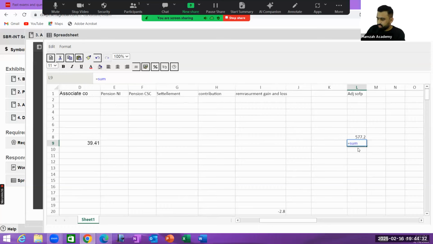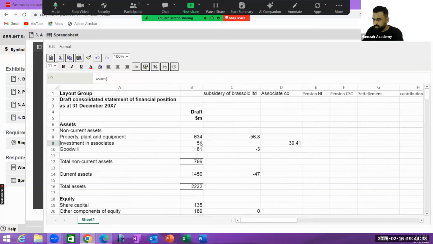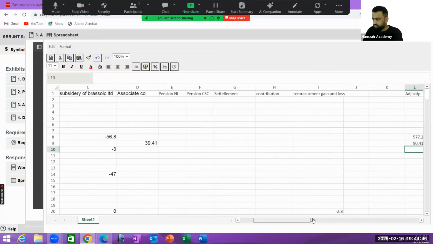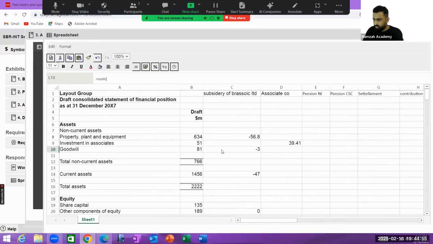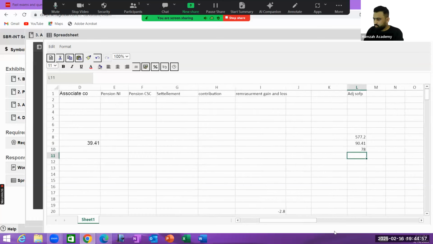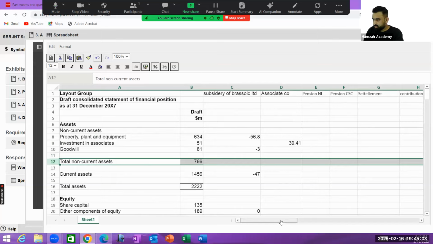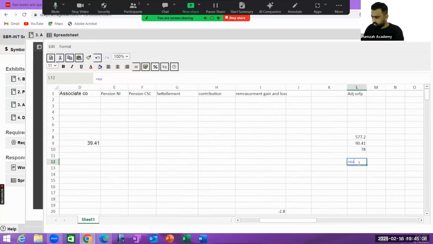Then the next cell, which is relating to investment in associate, and after that goodwill, and that is the value of goodwill, and after that the total non-current assets, that will be equal sum of adjusted values of non-current assets